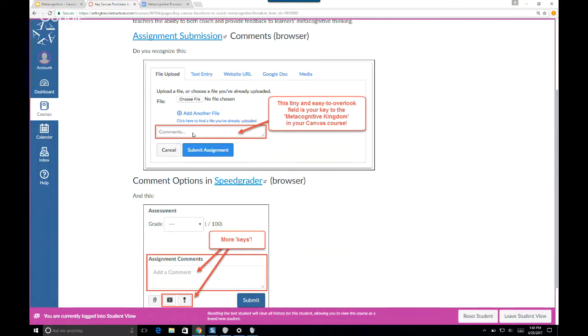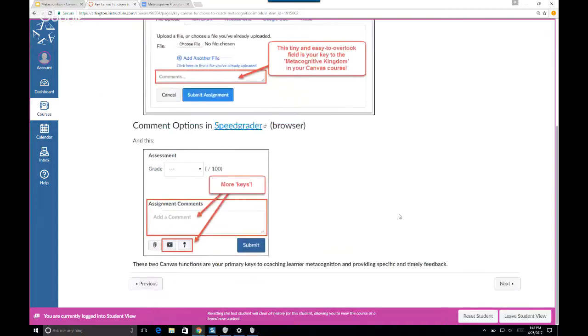that students are submitting to you their feedback, not about the content assignment. This is not the assignment submission. This is the reflective feedback in response to one or more of those metacognitive thinking prompts. Once they key that in there and they click submit assignment, you're going to be able to see that as the teacher in SpeedGrader. And you'll be able to obviously then provide feedback to the student on an individual basis through the SpeedGrader tools, which are highlighted here at the bottom of the page.